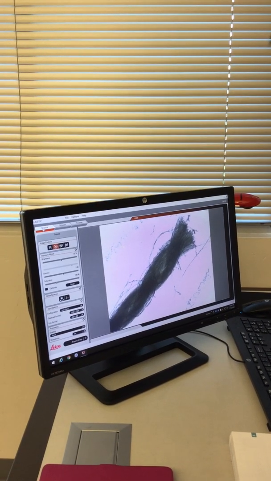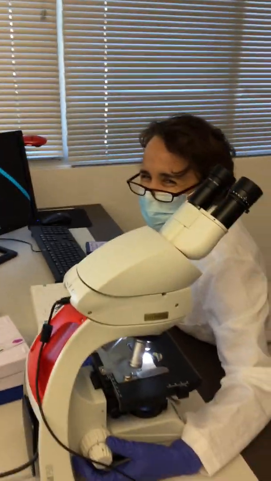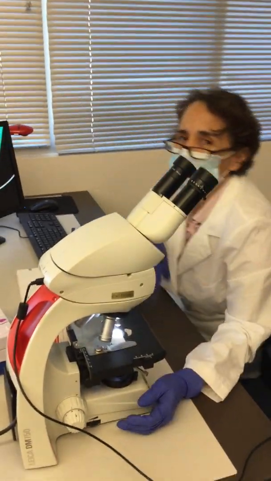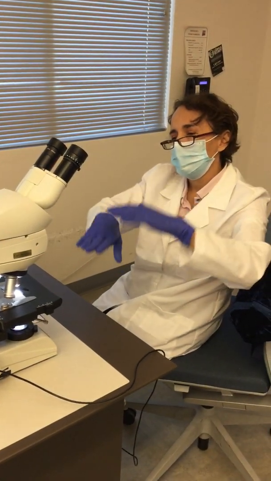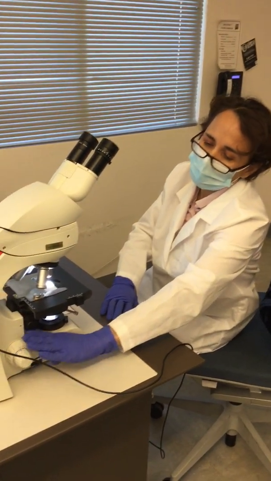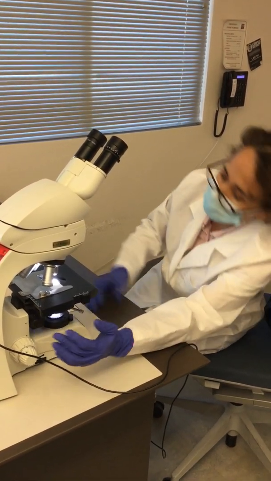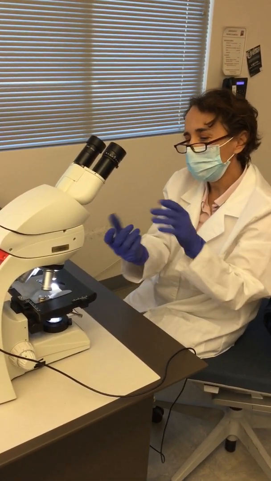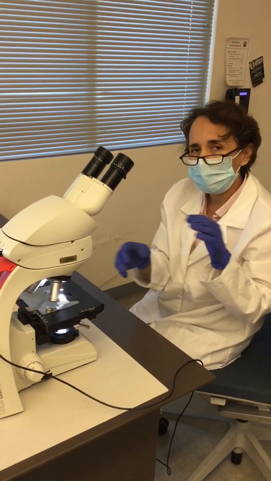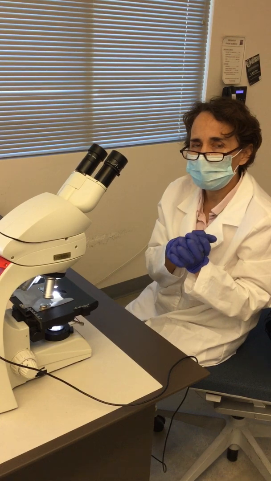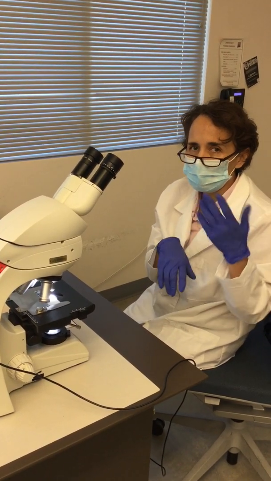Then you reach the end of the thread and of the video. Hopefully that has helped you to understand that you can move the stage up and down with these two knobs, and also move the clips of the stage with these other knobs, so you can follow your thread, and then you can do the exercise of depth perception. So that is all for the microscopy video. I will see you in the next